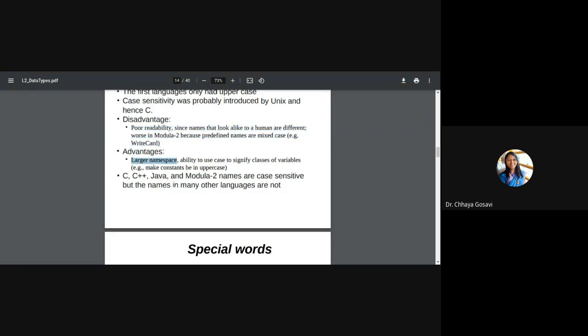The same names you can use for various purposes like function, class, variable, etc. And the ability to use case to signify classes of variables. For example, you can write constants in uppercase. C, C++, Java, Modula names are case sensitive, but the names in many other languages are not. Examples we have seen are HTML, assembly language, BASIC language, which are case insensitive.